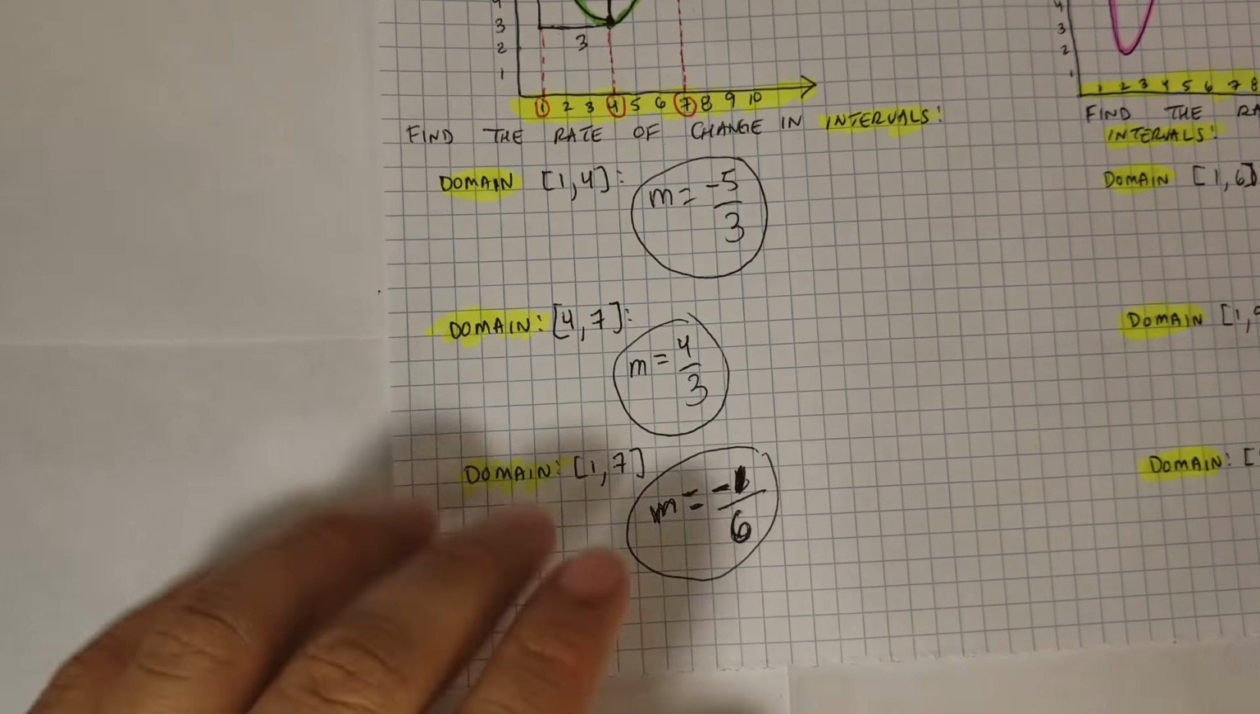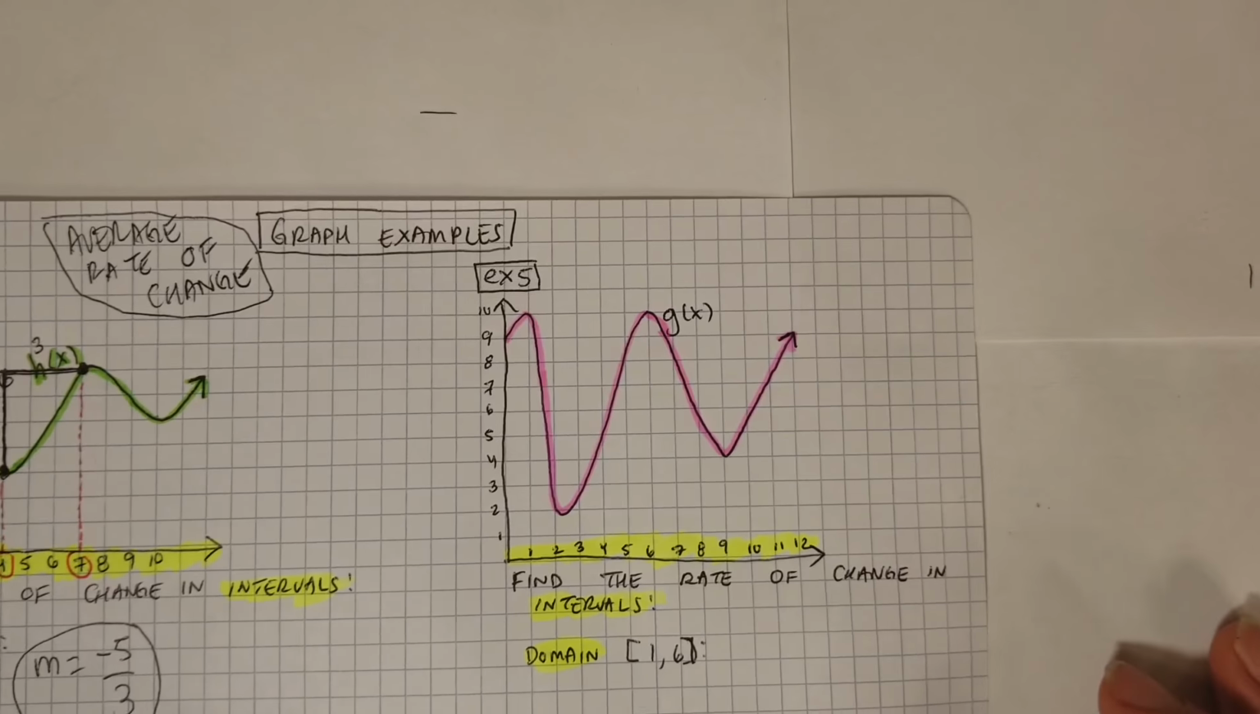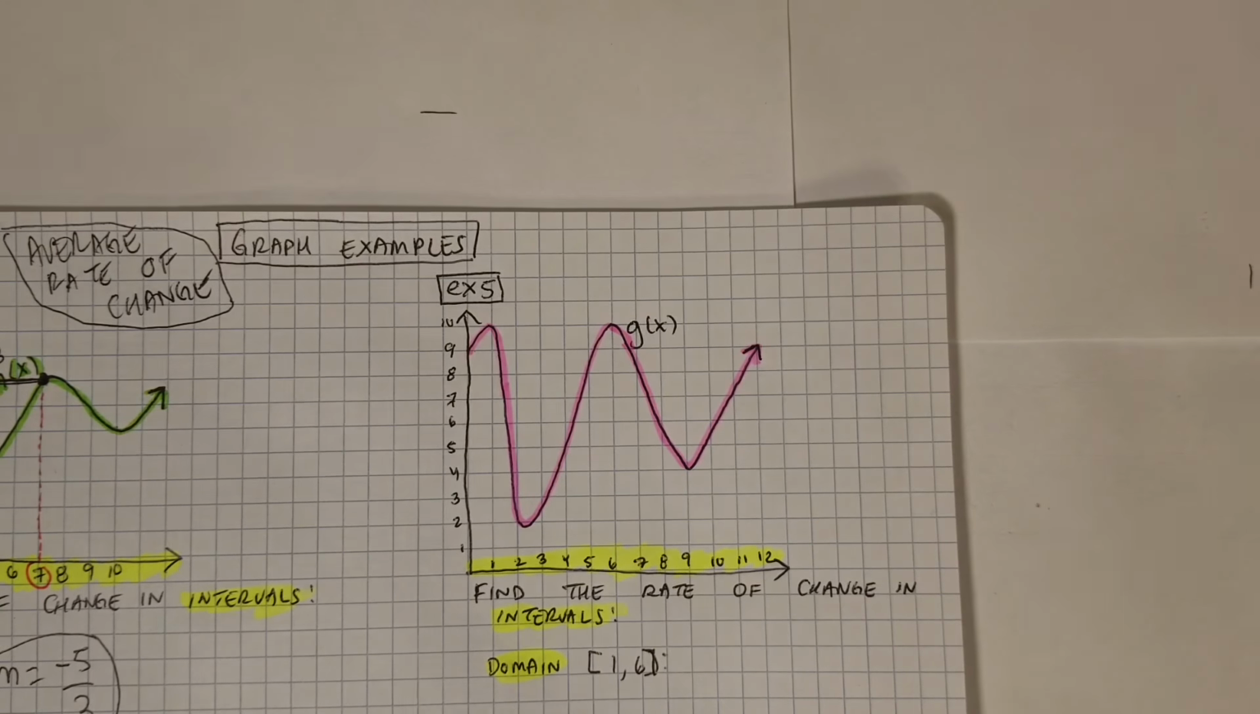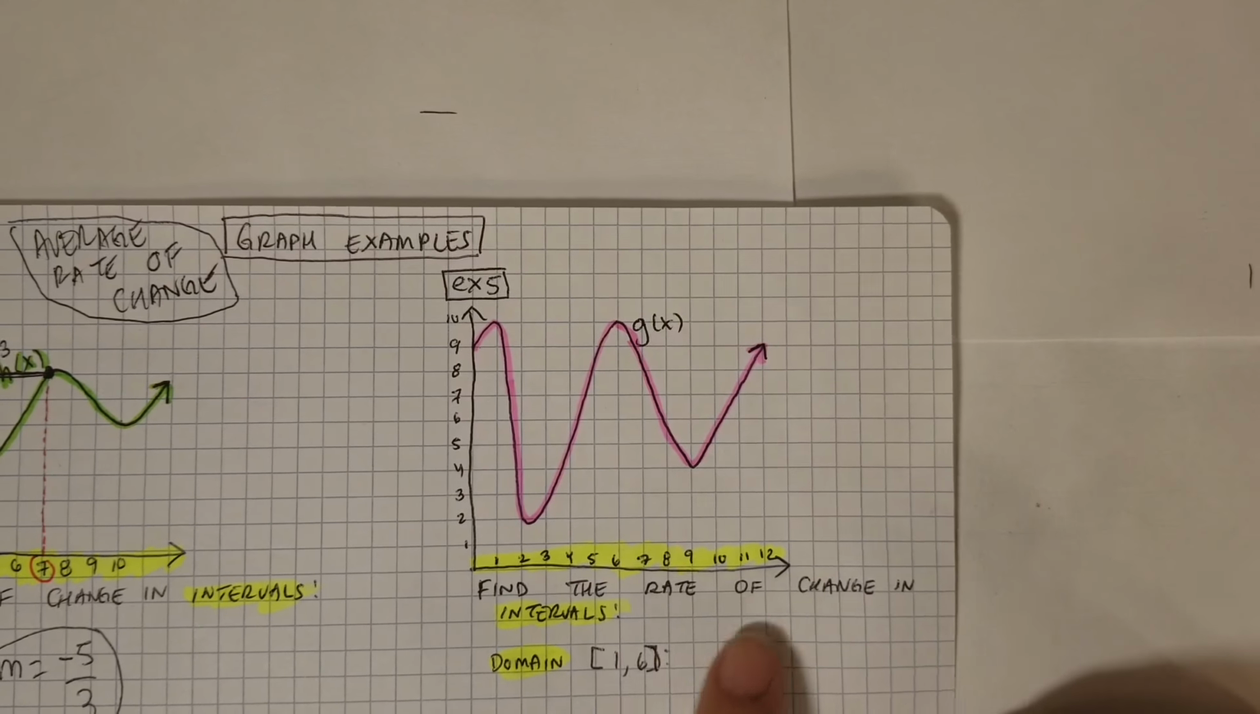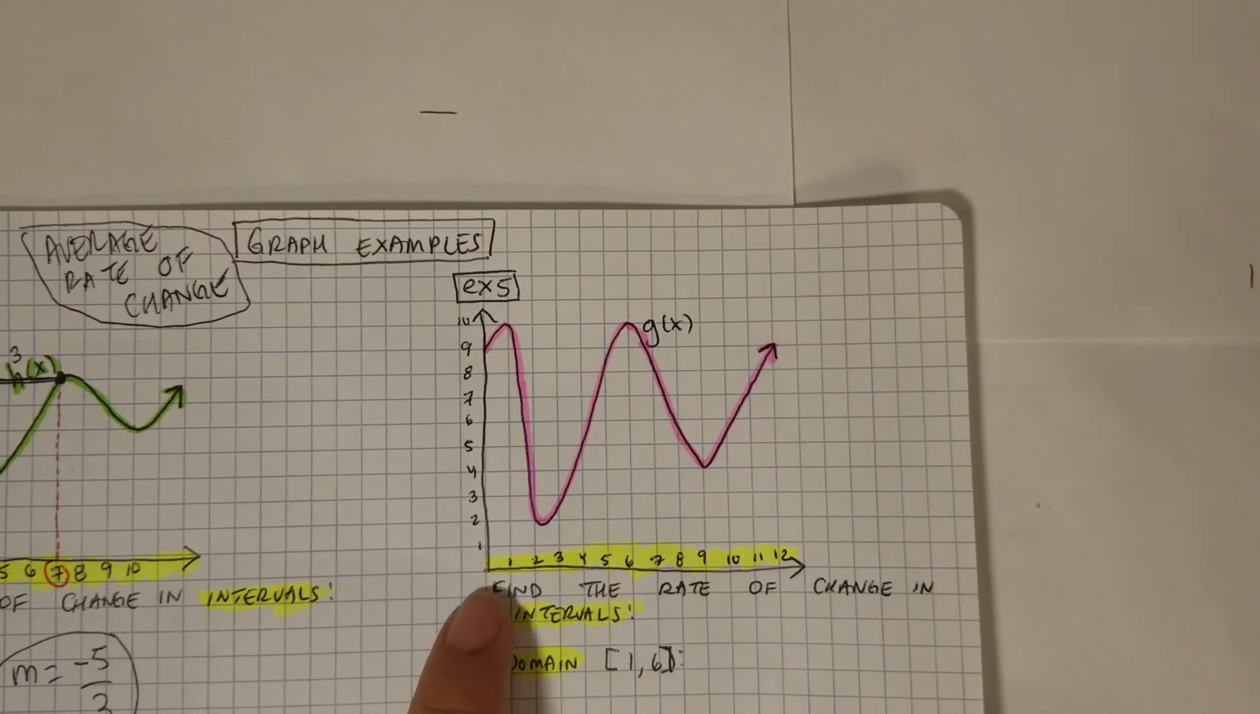Okay, we'll do some more examples real quick because this is usually the part that people get freaked out about, to get confused. And then we'll be done with this video. So find the rate of change in intervals 1 through 6. So from 1 to 6. So go to the graph,